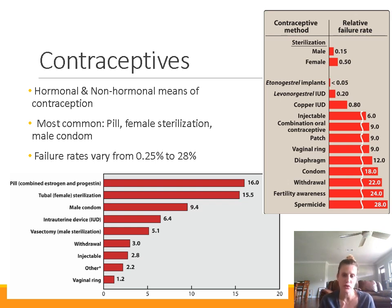Other types include the patch. So instead of taking hormones via a pill, there's a patch that can be applied that delivers hormones transdermally through the skin. An implant. There are hormonal implants that can be implanted either intravaginally or under the skin, and they slowly release hormones. And there are other implants as well, actually, not just hormonal. And then other barrier methods, for example, the diaphragm, which is a female-based barrier method as opposed to the condom,